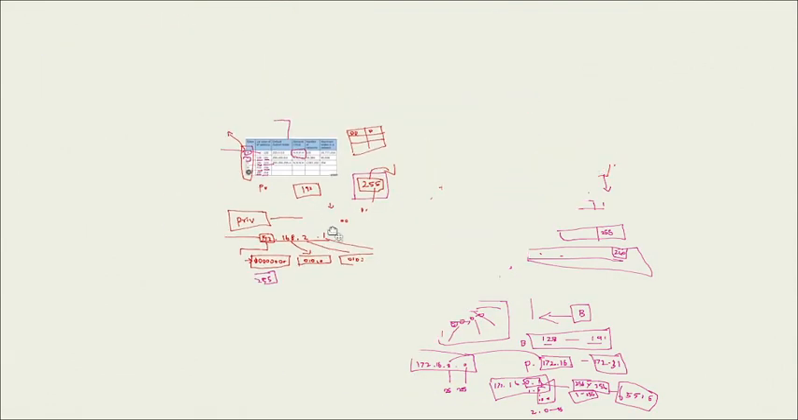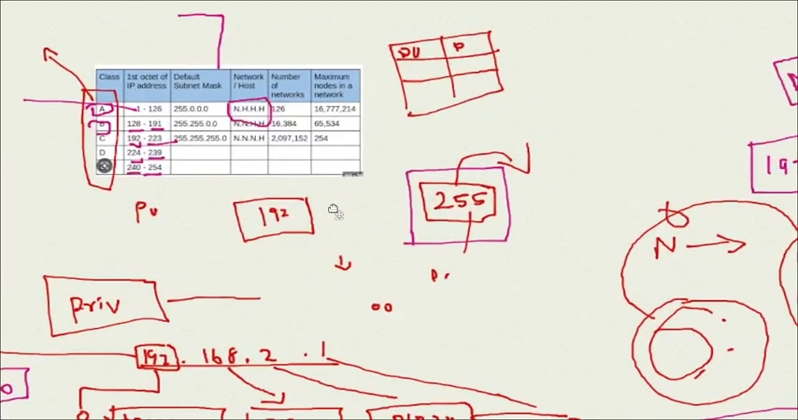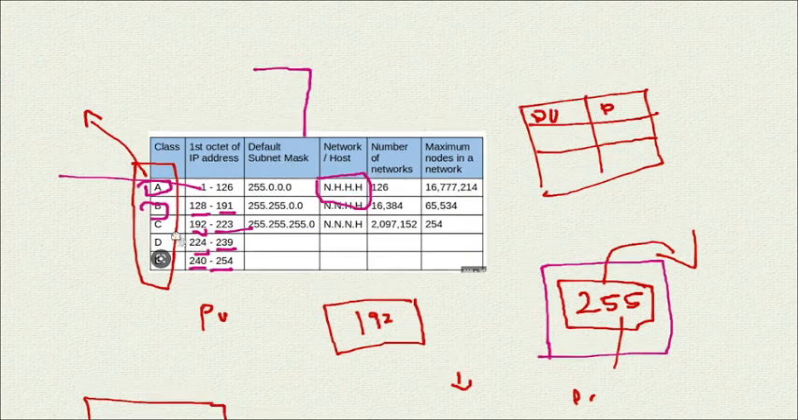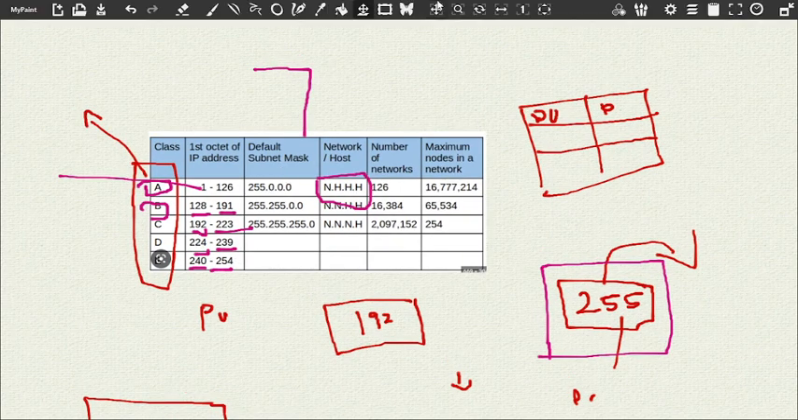Going up here, no problem. Here, class A and class D. What is the range? What is the use of this? I have also seen